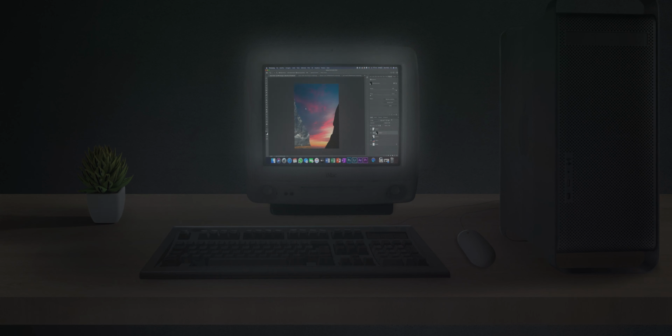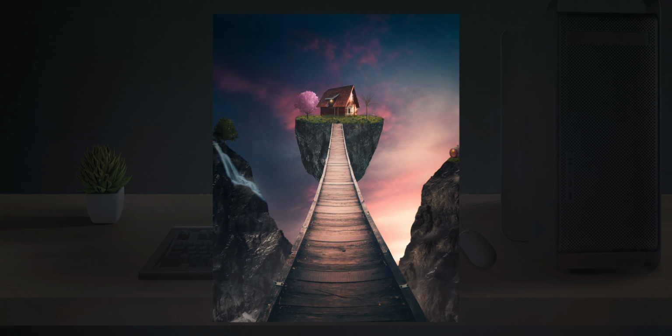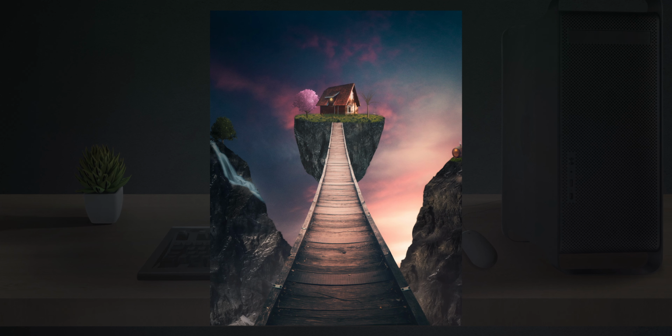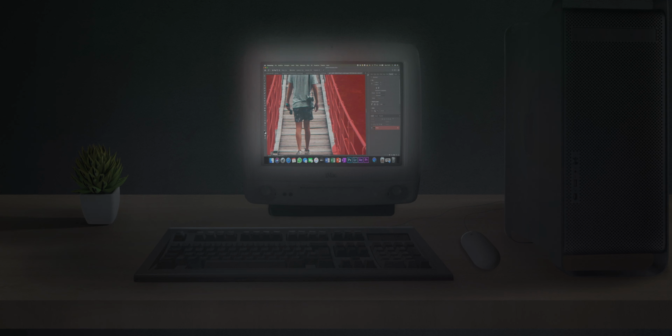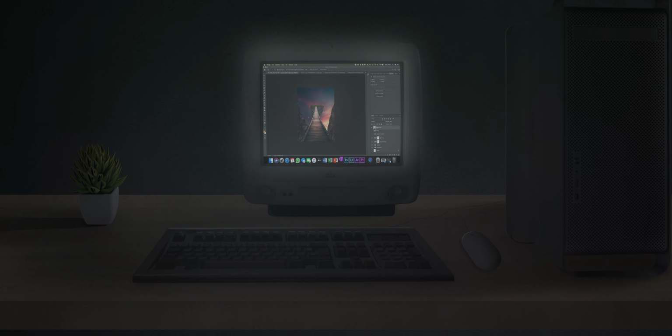Hello everybody, today we're gonna break down one of my latest edits. The idea behind this edit is to have another take on the Island in the Sky series, following these two. But this time I wanted to make a sunset scene, but before we start, let's look at some fun facts